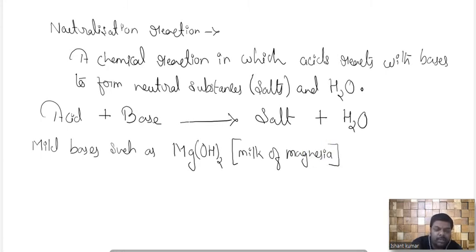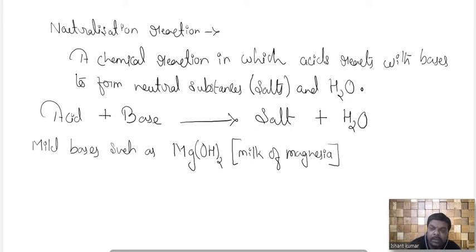We have seen that very thick syrup has been recommended by doctors when you feel acidity. If you go to a doctor or a chemist shop and say that you are having acidity in your stomach, they will give you a very thick liquid or syrup and ask you to drink it 2 times a day. That thick syrup is nothing other than milk of magnesia, and milk of magnesia is a mild base. So it is the medicine.